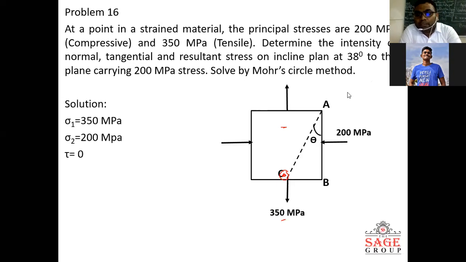So this is the problem statement, dear student. These are not sigma x and sigma y; the values of sigma 1 and sigma 2 are directly given in the question, and tau is 0 here. So now we have to calculate sigma theta and tau theta, and the angle of inclination is given in the question. So think very carefully in this kind of question. This is a different kind of question. Okay, then move ahead.